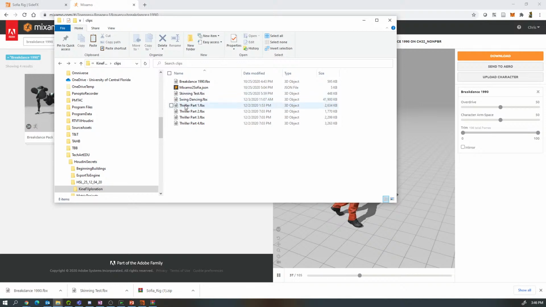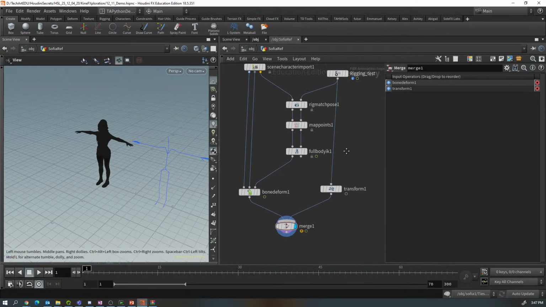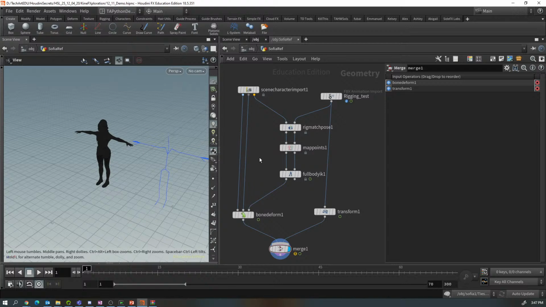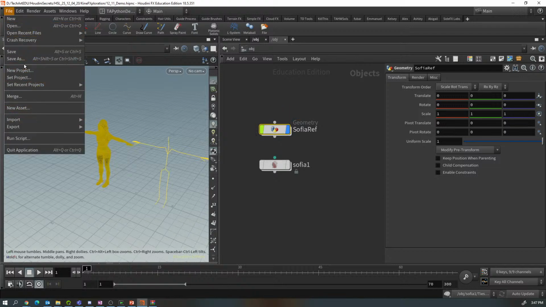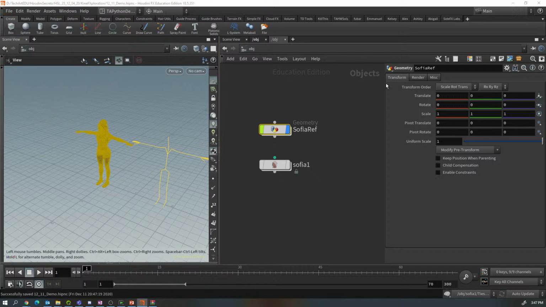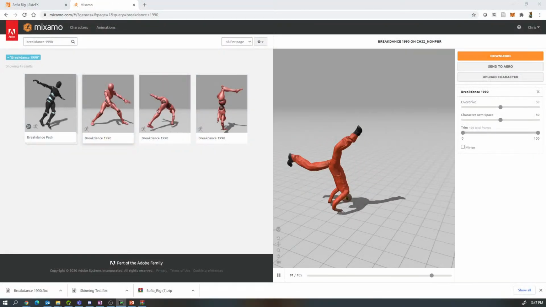And you see I've tried a bunch of these here in order to get them working. But Breakdance 1990 works as far as I can tell. So that is good. Okay, let's return back to Houdini. I wonder what if I go back into Sophia rig. Okay, I'm getting wigged out when I see the darkened Sophia. She's just blacked out, so I'm going to go ahead and save. And I'm going to close and then reopen Houdini real quick